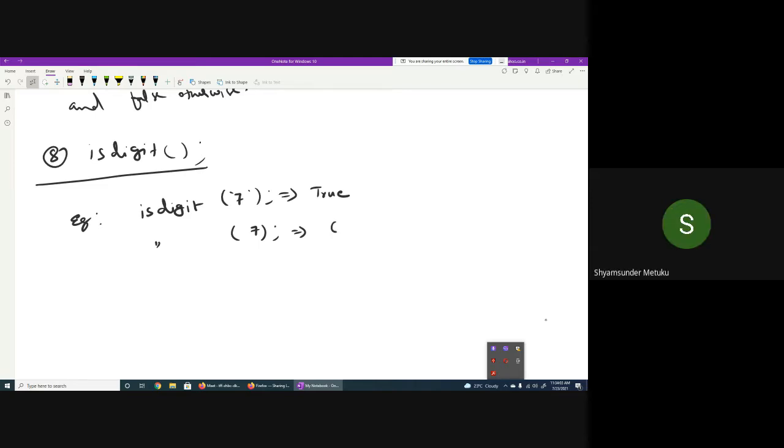Why error? Single quote, sir. Yeah, the input we are giving is an integer, which is not acceptable. Input must be a character. So that is the reason it will give an error. Very good. Then what is the output? Error, sir. Still it is a string, which is not acceptable.